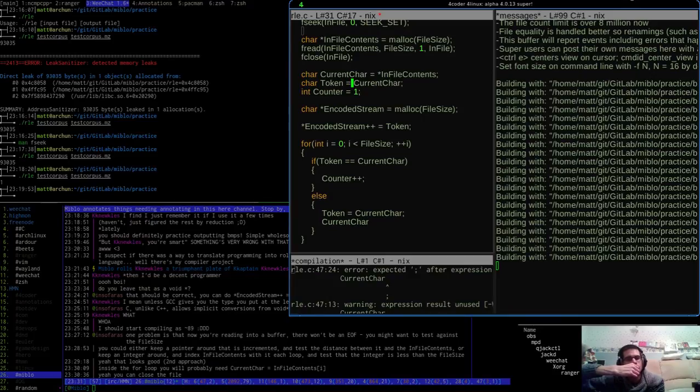Yeah, because I need to be doing this all the time. I need to be setting the current char to be equal to the infile contents plus plus, kind of.